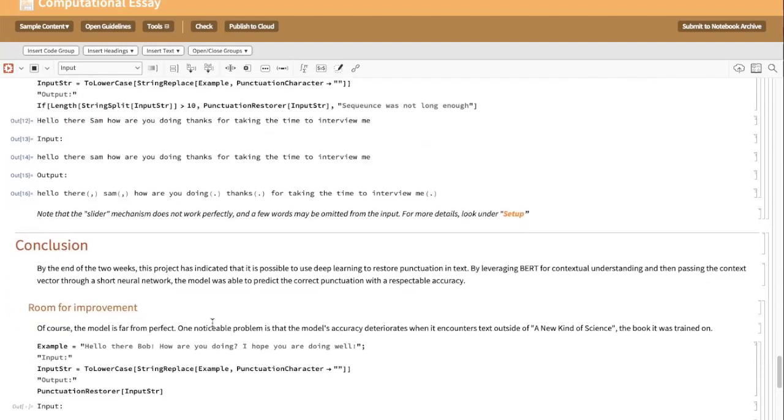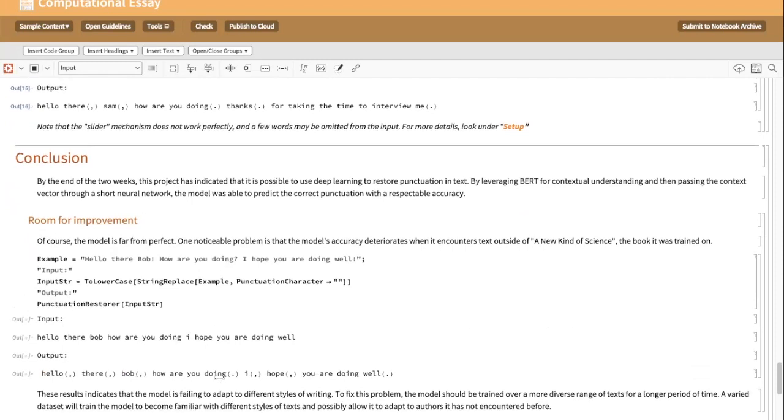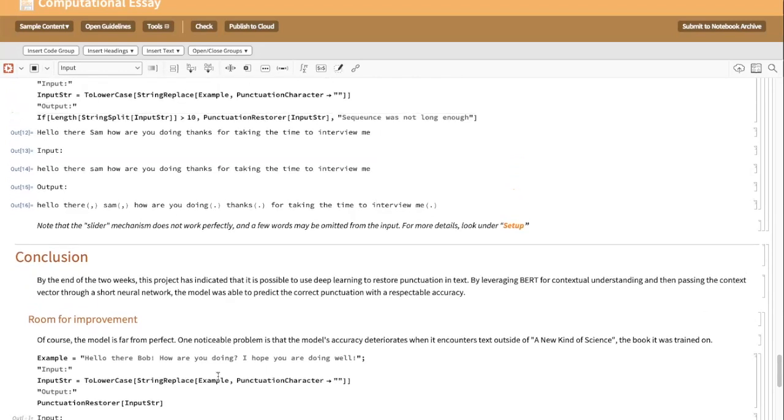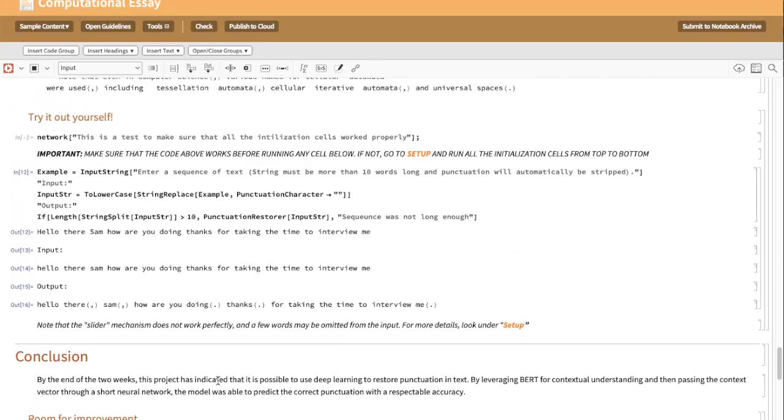Now that we're near the conclusion, I just wanted to ask, have you tried deploying this somewhere? I know Wolfram makes it really easy to deploy stuff online. And given that it doesn't seem to take too long to do the probability calculation and generate the sentence, I feel like this could be a good candidate for deployment. Yeah, it's something I was considering.